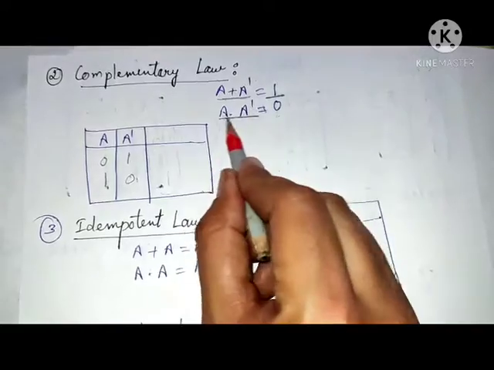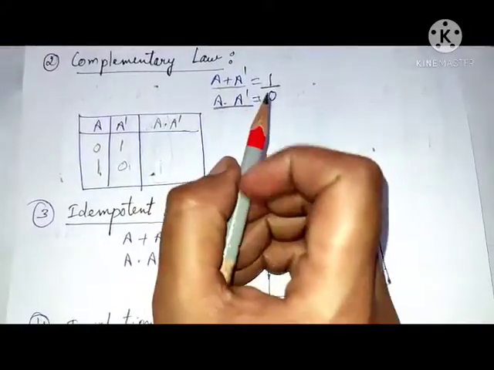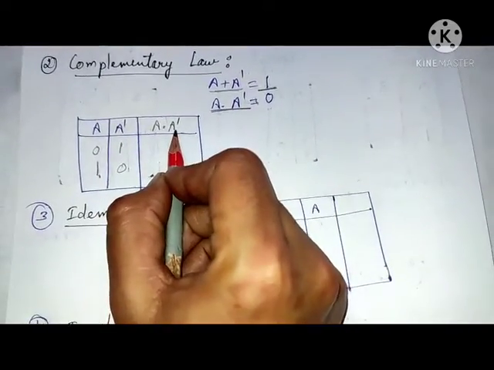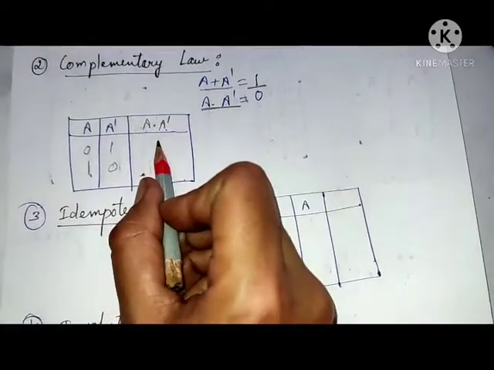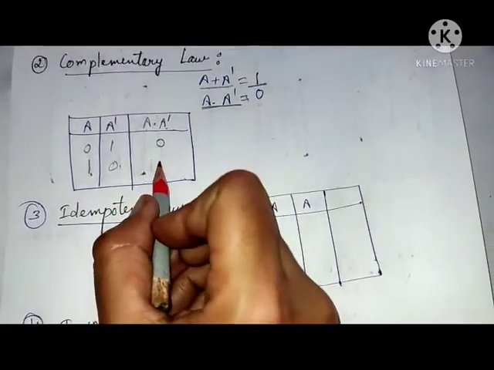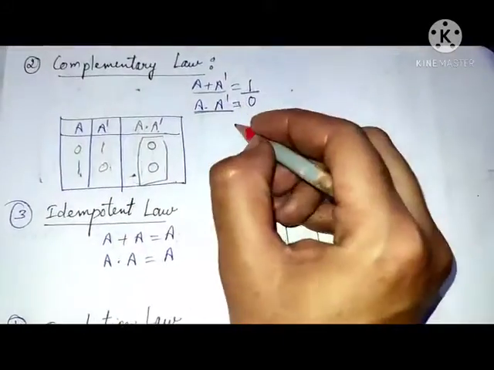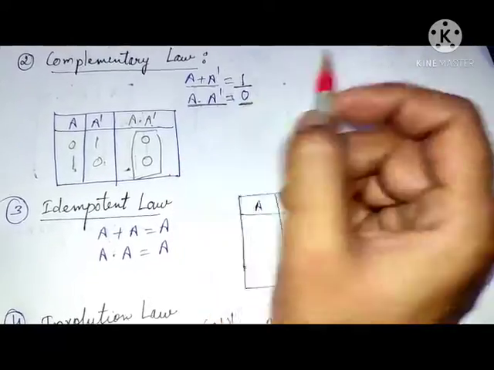Now we are performing this expression to show whether it is right or wrong. I have to take the product of the Boolean variable with its complement. So what is the product value? 0 and 1 product, what will come? 0 and 1, product is 0. So all are zeros. So we can say that the product of a and a complement is equal to 0.